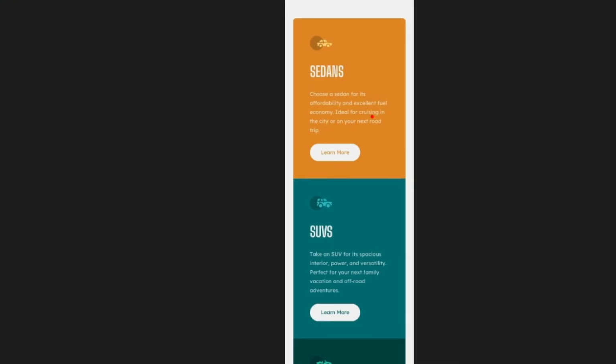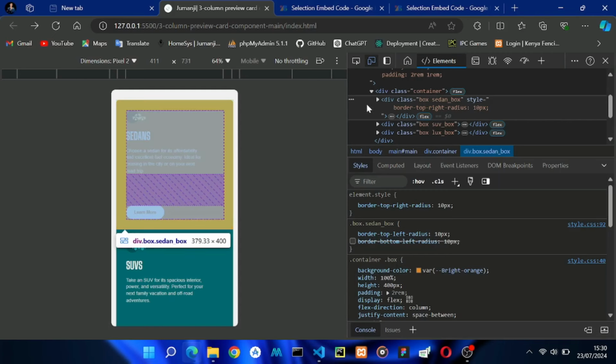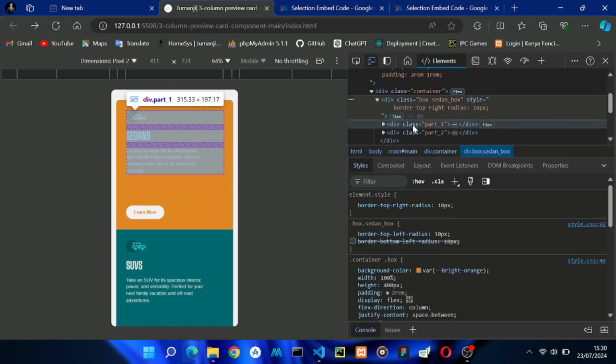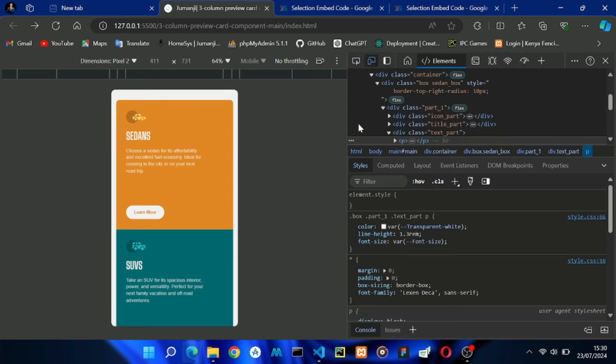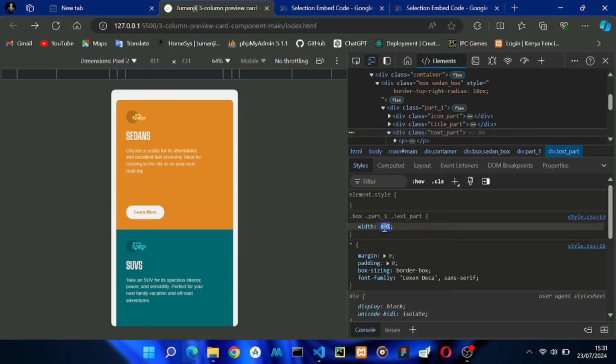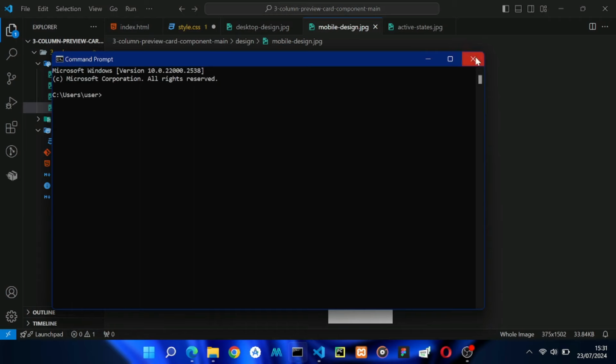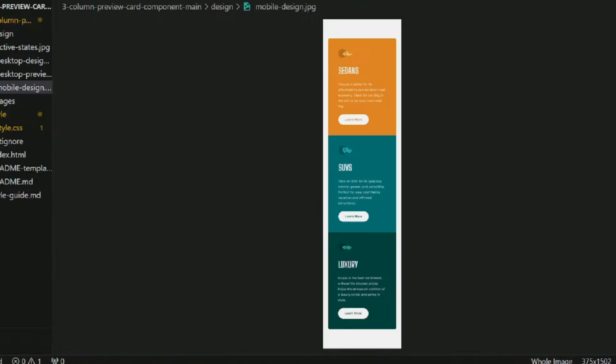So the text width has increased a little bit, here it has become trip, right? So we must increase the text a little. So inside our part 1, let me choose this one and then choose the text part. I'm gonna give a width of 90. 90 is many, 80, so 85, trip like that, right? And then the padding, I can see here, the padding here is reduced, the gap,